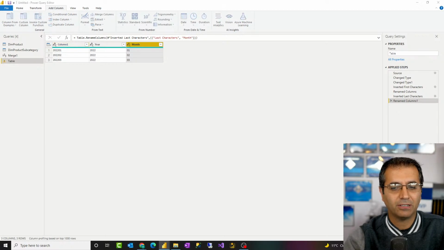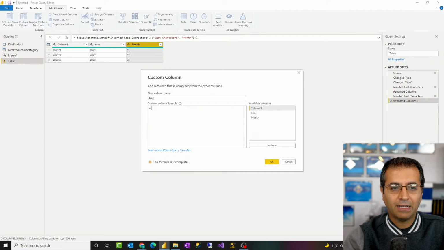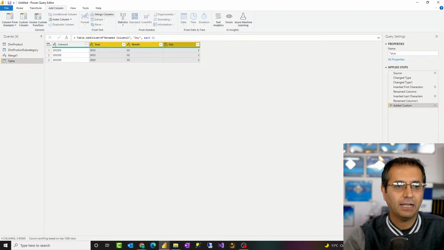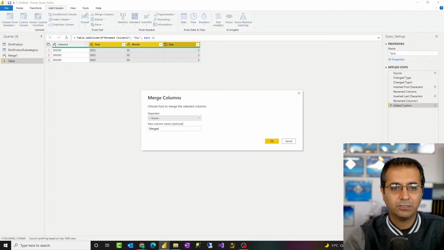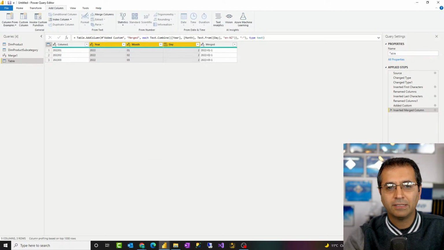So I add a custom column. I would say this is day, and the value is 1, right? So first day of the month. Then I can select all of these together. I would say, well, add column, merge these columns, put a hyphen between these. Merge column is like concatenating them together. Then it creates something like